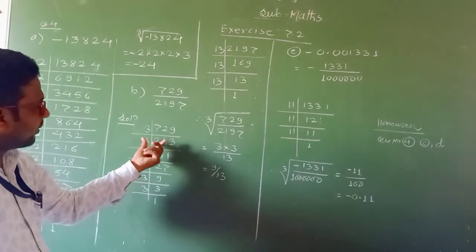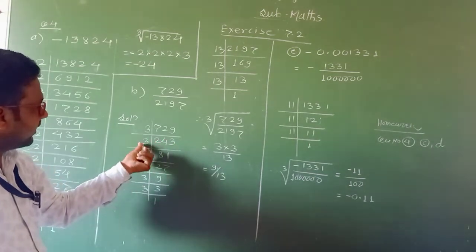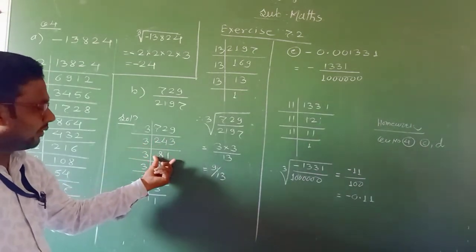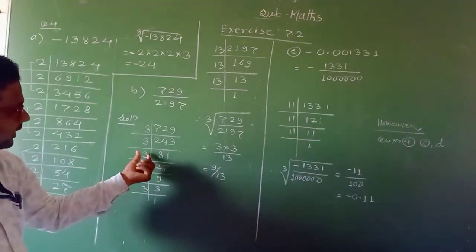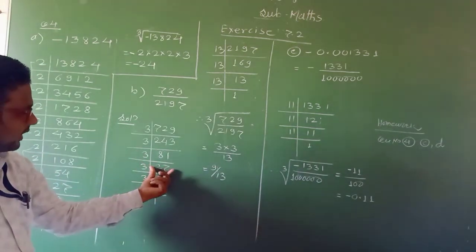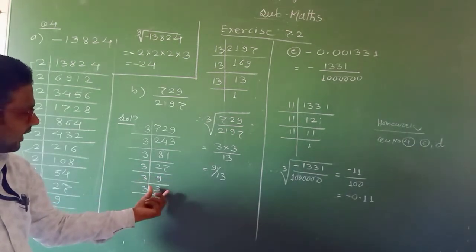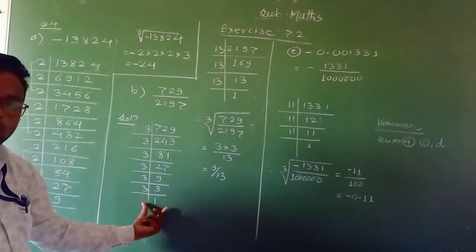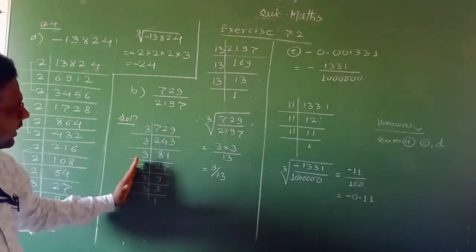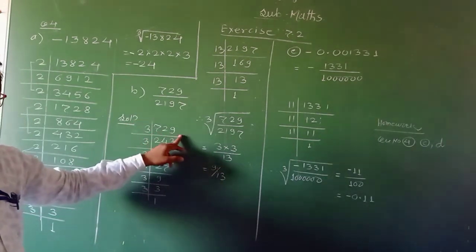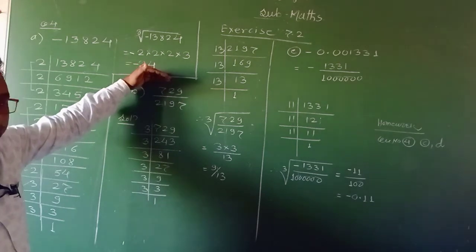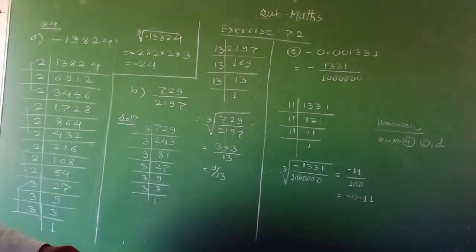243 is also divisible by 3. After division we get 81. 81 divided by 3, we get 27. 27 divided by 3, we get 9. 9 divided by 3, we get 3. And 3 divided by 3, we get 1. Now see, these are the factors of 729, the numerator of this fraction. Similarly, we find out the